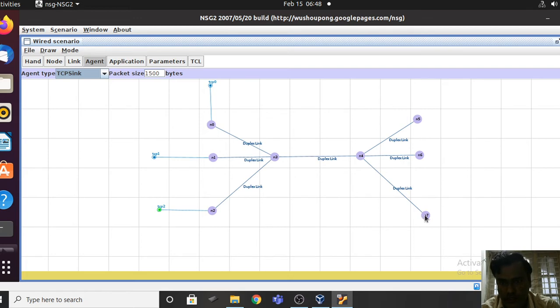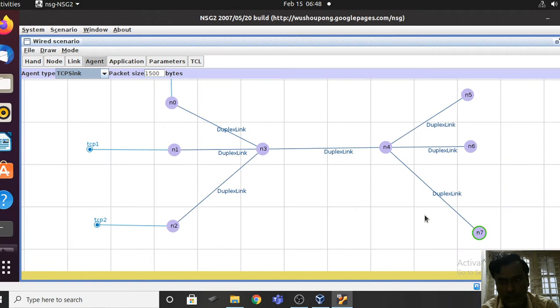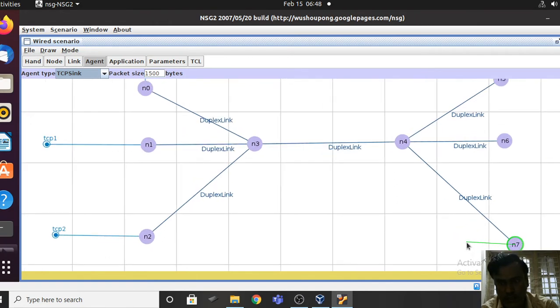I told you I wanted to transfer data from node N0 to node N7. Therefore, I am adding this agent to the node N7. Okay, that is sink 3.